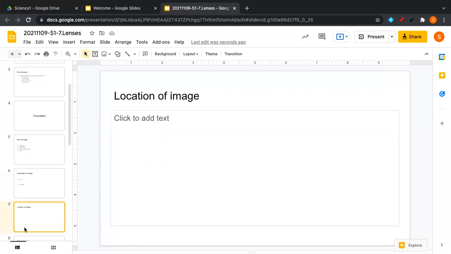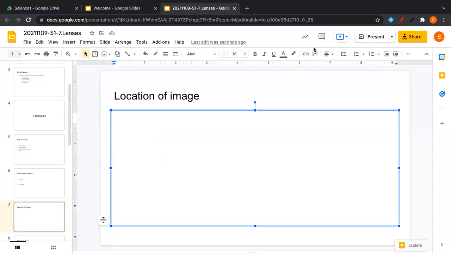Another concept, location of the image. And Prachi just now said something. She said behind the, right? Behind. This in front of and behind, yes, it makes more sense in case of mirrors. Maybe we will not use those words behind and in front in case of lenses, because lenses are transparent objects. But yes, I understand, Prachi, what you are trying to say. So behind and in front. Okay, we will accept this.